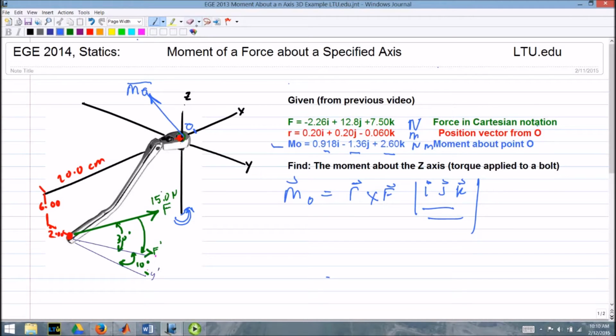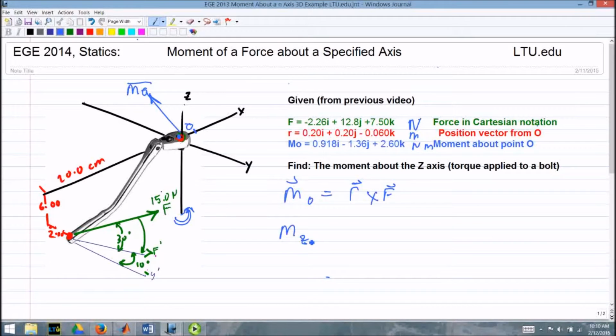So if you don't recall that, just go back to the last video. Given that I found this moment already, how do I find the moment about a specified vector, or about a specified axis, I mean? Well, obviously we need to project this M0 onto the z-axis. And as we discussed, when I say project, you say, yes, dot product. So my moment about the z-axis,